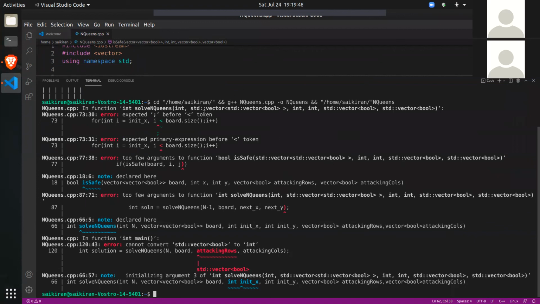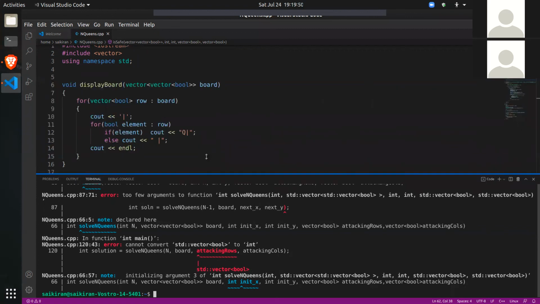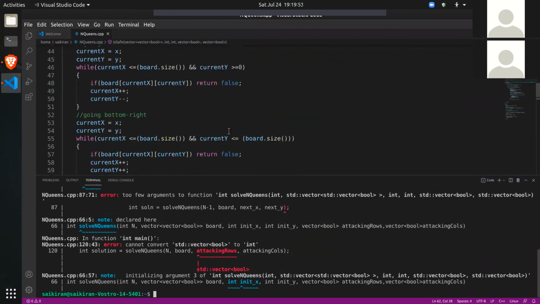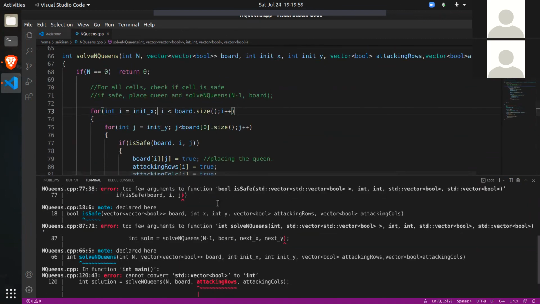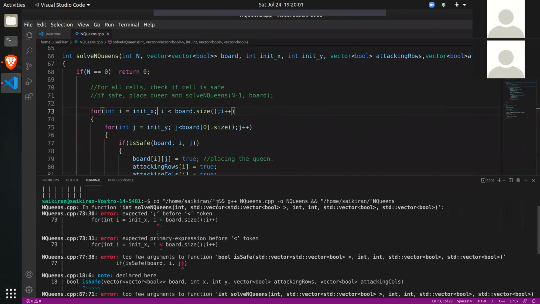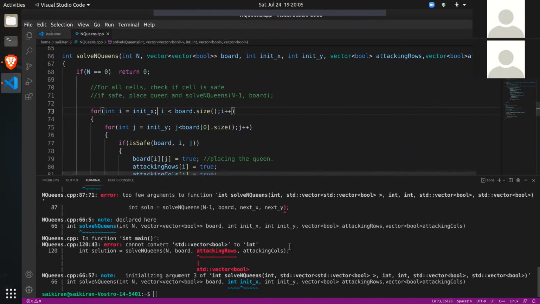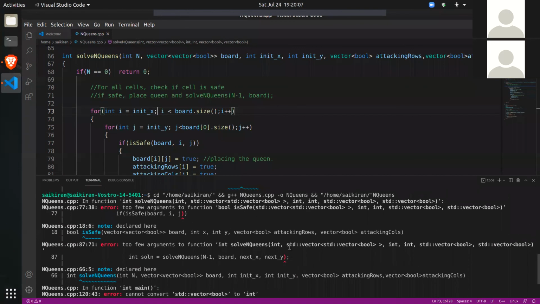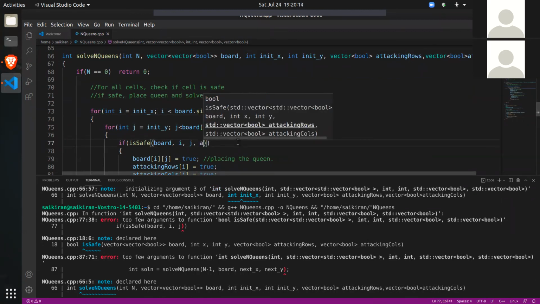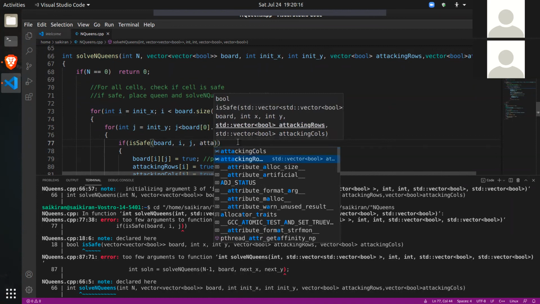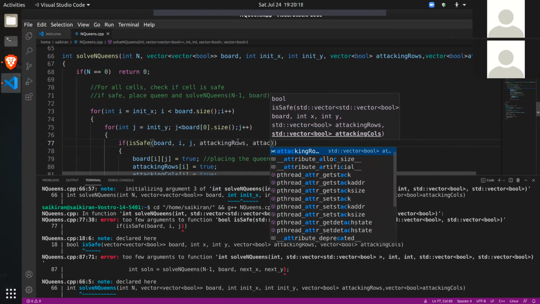Expected semicolon, line number 73. Okay, this is a comma. Okay, let's try this again. Too few arguments. 77. Acha. Attacking rows. Attacking columns.